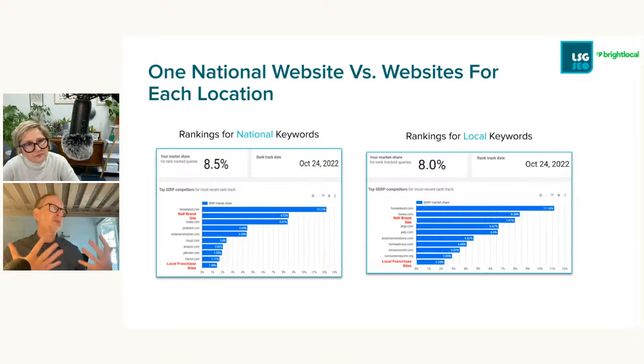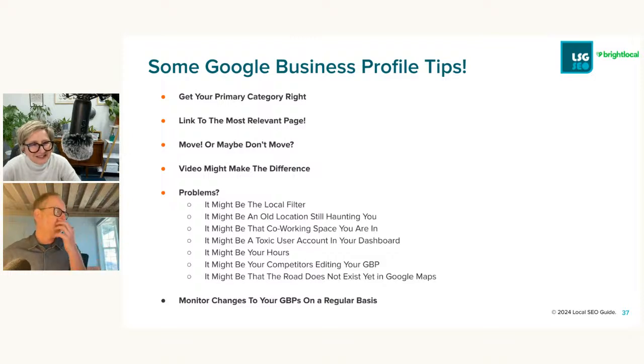This gave us enough confidence to say, we think if you combine the local franchisee sites into the national site, you're probably not going to lose traffic. In fact, you'll probably do better because the national site already outperforms the local sites. This is the kind of data you need to go to a pack of angry franchisees and say, hey, we're changing things. They were able to change things, and in this case, it actually worked really well. Their traffic went up significantly over the next year.